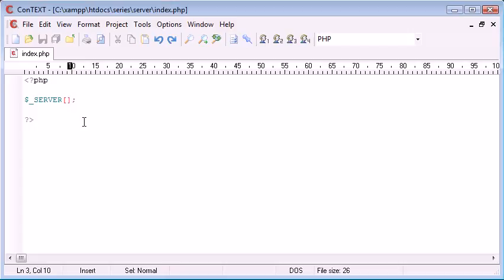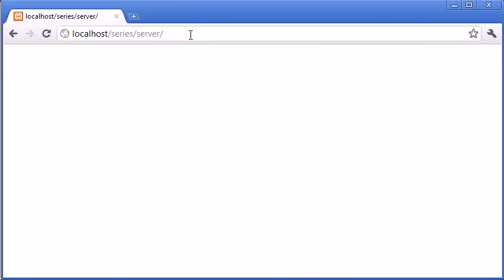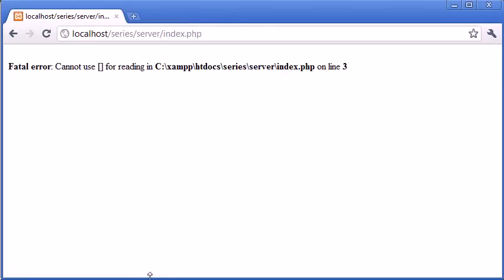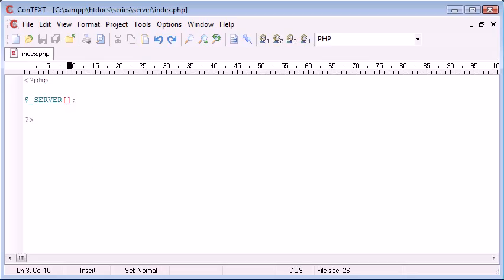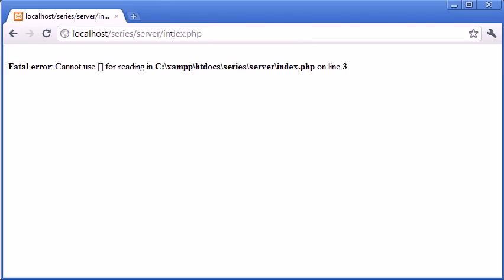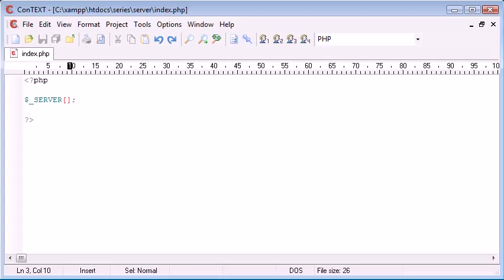Now, you wouldn't necessarily in everyday applications want to do this because, you know, the user can already see the file name. We're working with index.php at the moment. We've got this error because we haven't specified anything, but yeah, we can already see the script name. So why would we want to do this? Well, it's useful for us when we're doing things like submitting forms. For example, you specify your